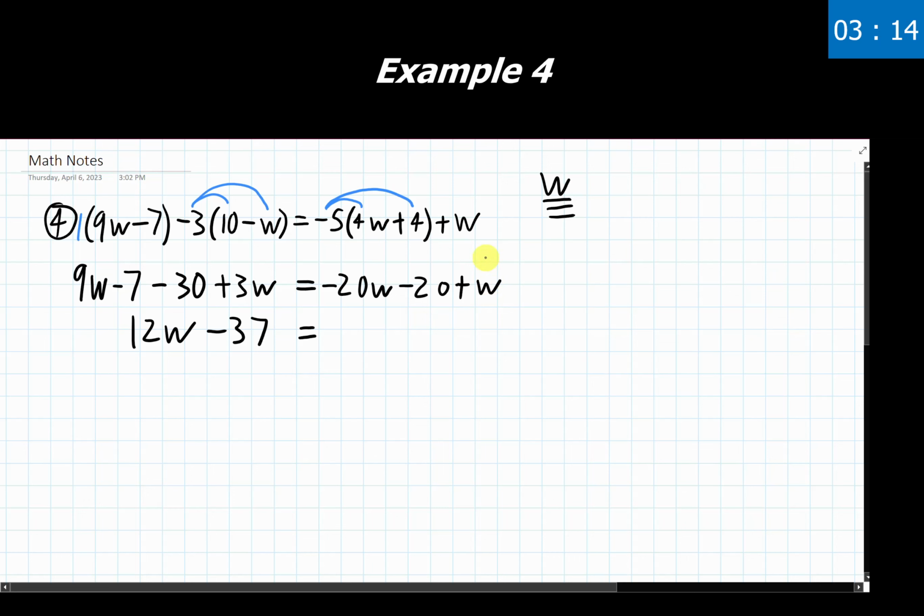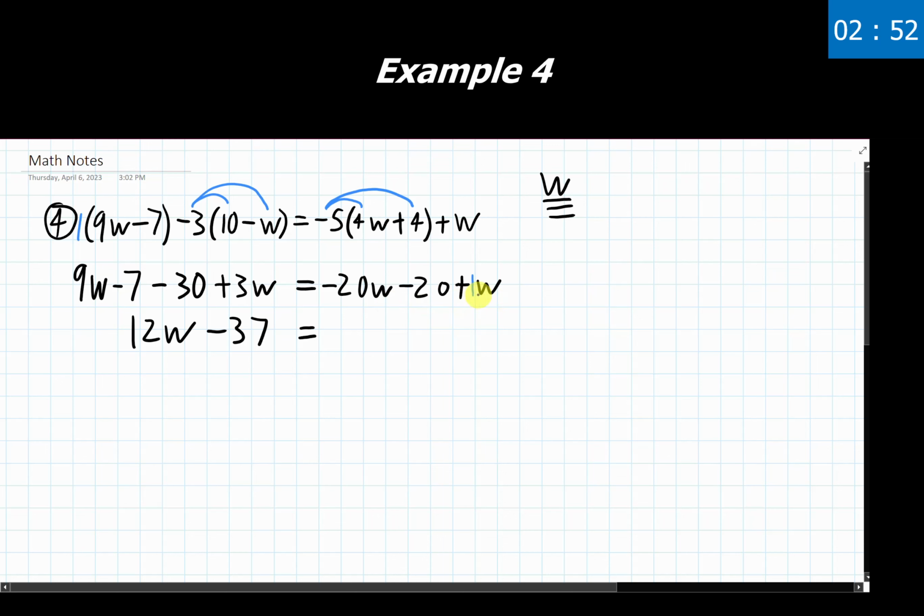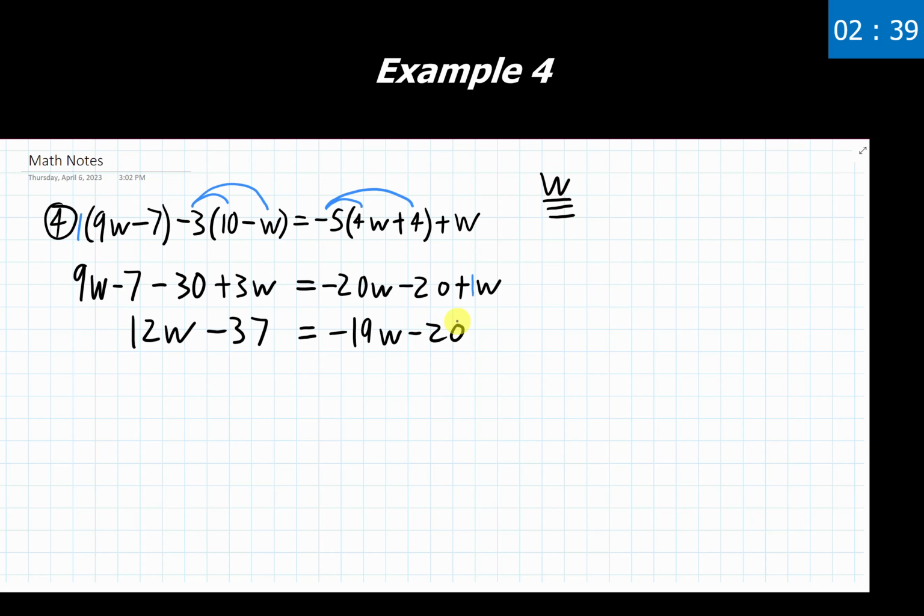Can I simplify this down and combine any other like terms? You bet we can. We have a variable term here. We have a variable term here. Let's combine those things together. So negative 20 plus, there's an invisible 1 hanging out here. If you need to write that in for yourself, you can. It's regularly not written in, but you can if that'd be helpful. So negative 20 plus 1, that's going to give me negative 19w minus 20. And now I've fully simplified both sides of my equation, and we look at this thing and say, wow, this is much nicer to look at and work with than what we originally started.